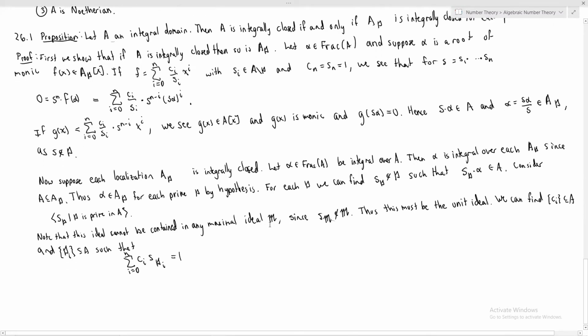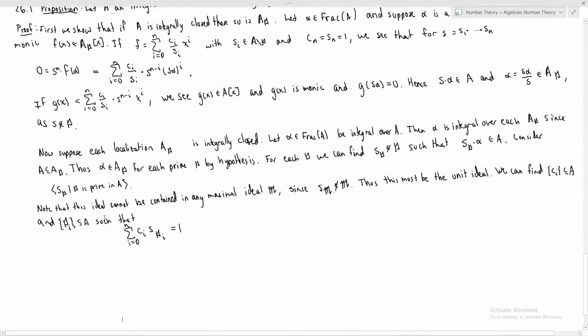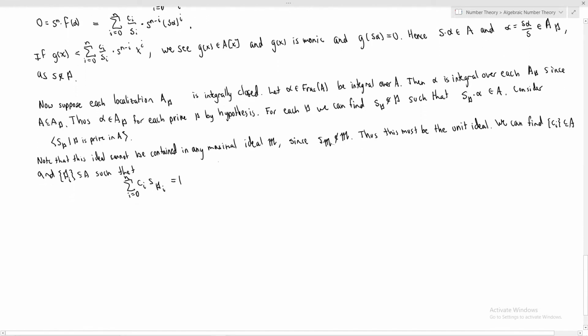So since this is the unit ideal, it must necessarily contain 1. So I can find some finite A-linear combination of these s sub P's that gives me 1. And then